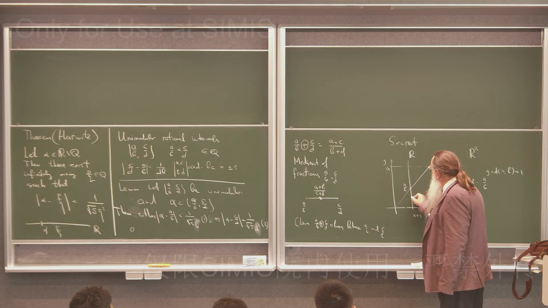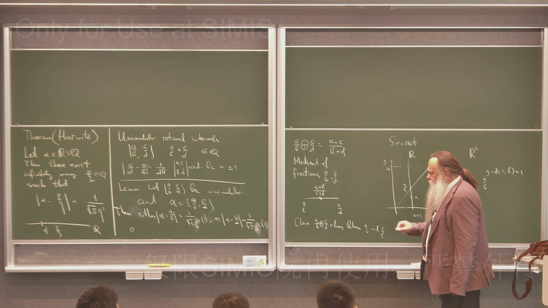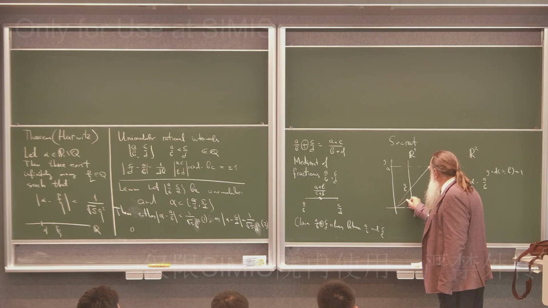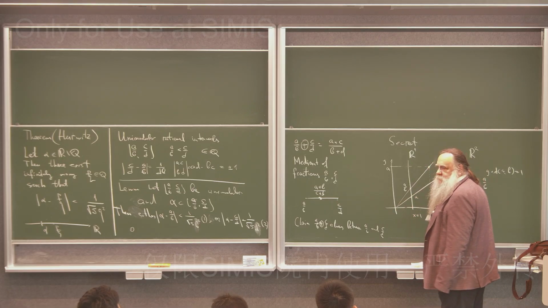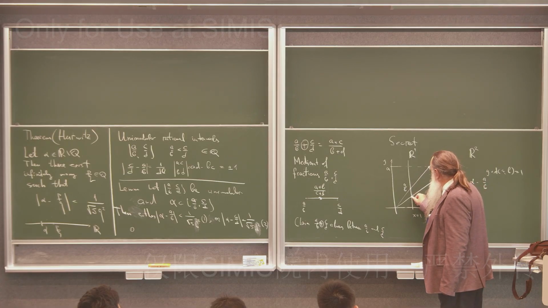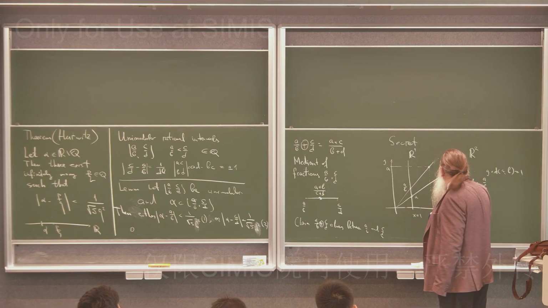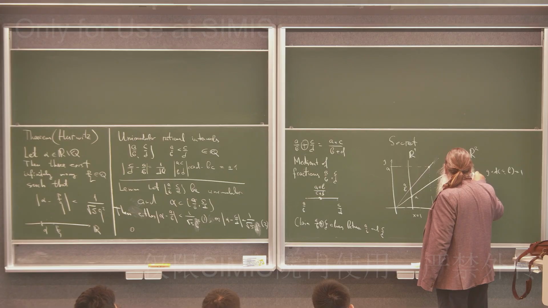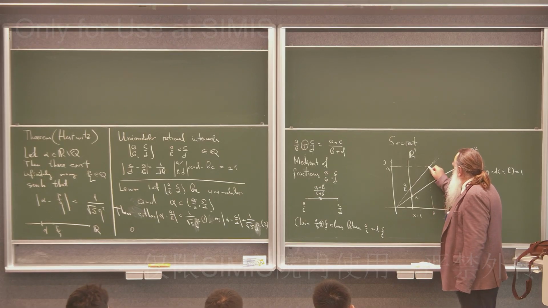So we do not approximate alpha by rational, as we think if we live on this R1. We approximate a one-dimensional subspace which passes through the point 1, alpha. This is a one-dimensional subspace. Line. One-dimensional subspace. By this integer point,